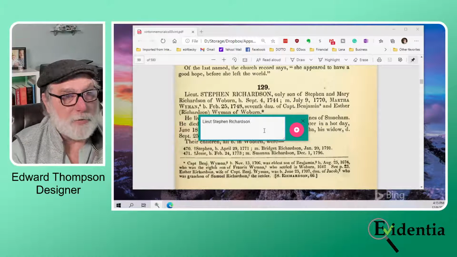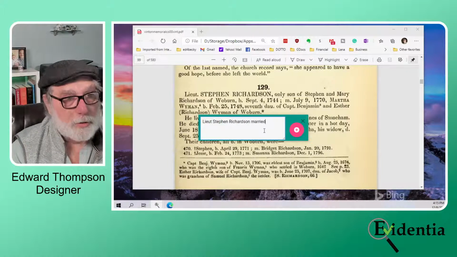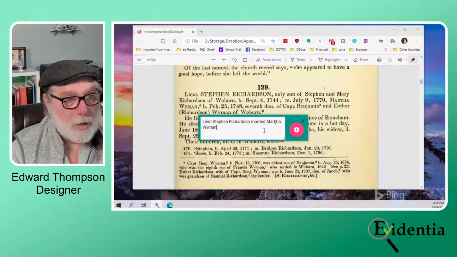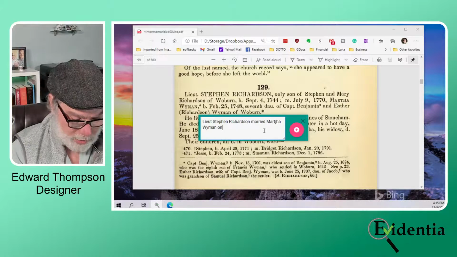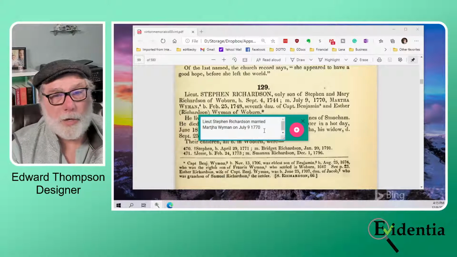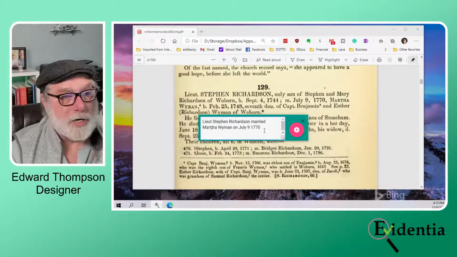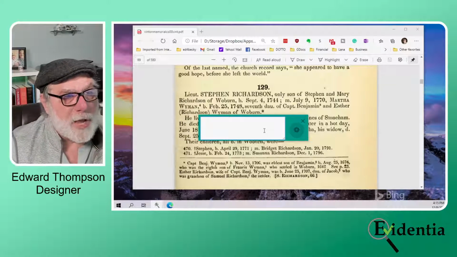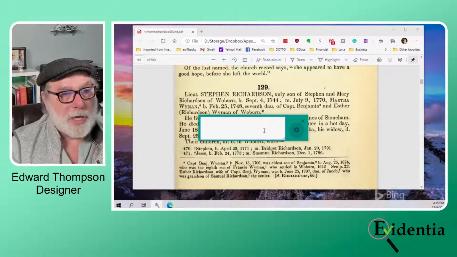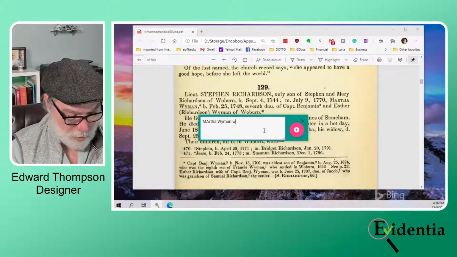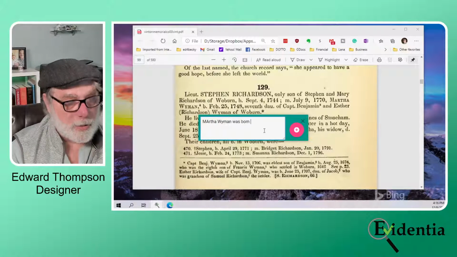It claims that he was married to Martha Wyman on July 9th, 1770. Now I can also hit Control Enter, and that way I'm staying on the keyboard. I don't have to keep switching to the mouse. This document claims that Martha Wyman was born February